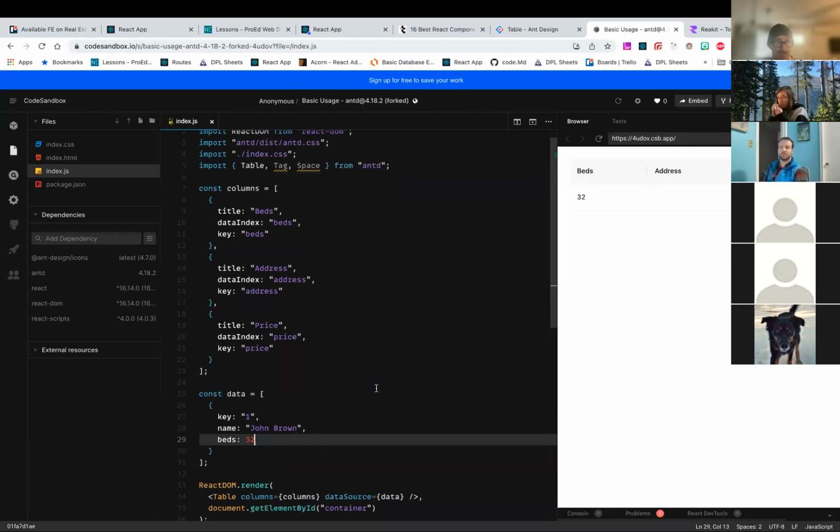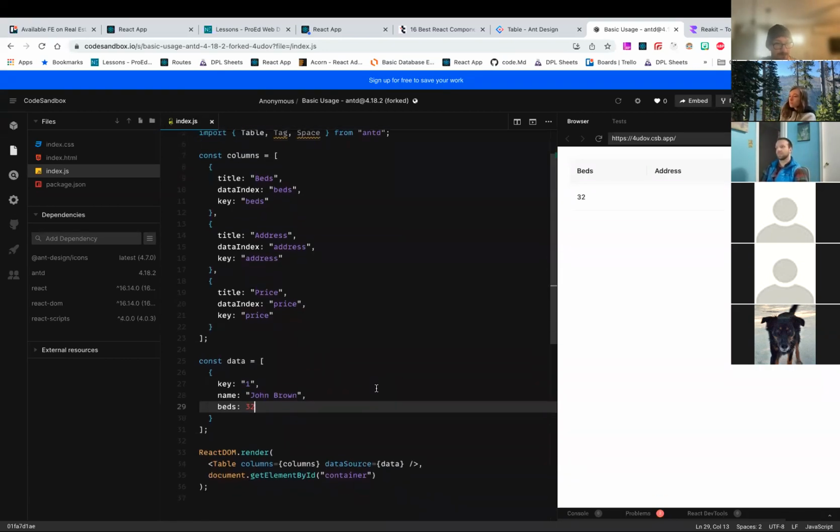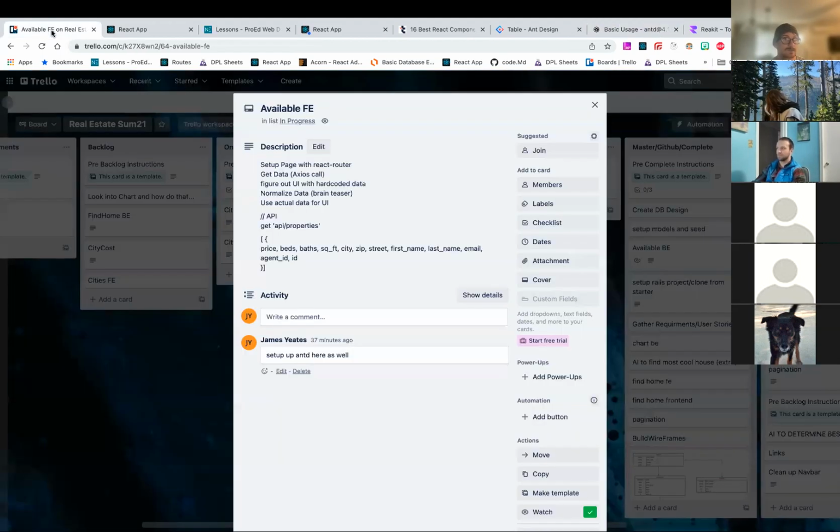And we're just using a basic table and that's fine. But I'm just kind of trying to figure out how to do this. And this is why Code Sandbox is nice, and not worrying about actual real world data, because this gives me a place to just mess around and try to get this working. So I can take this data that I'm going to get back from my API call,